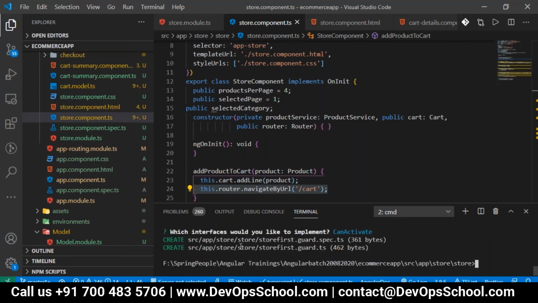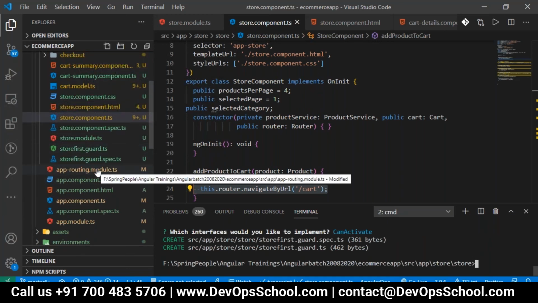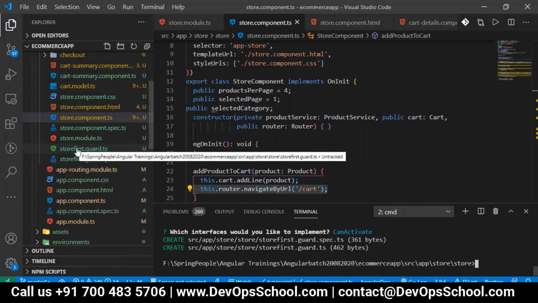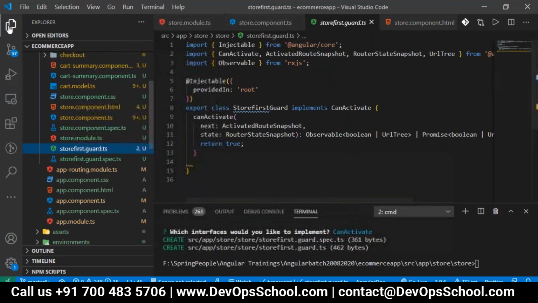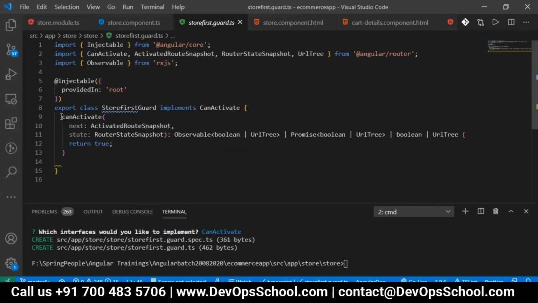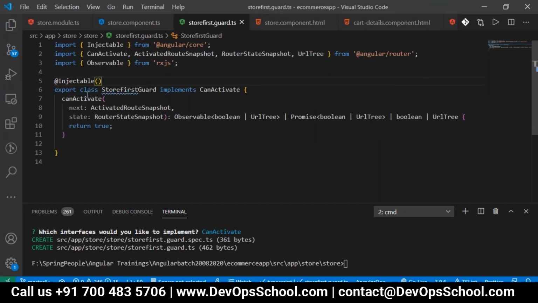I'll just press enter. It has created the guard class here, the spec file and the guard ts file. So this guard ts file has been created. In the store first guard, you can see the code available. You can remove the providedIn for the injector, because we are not going with the data, so it does not require it.